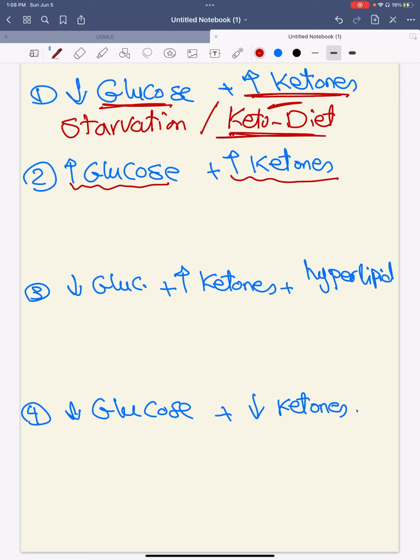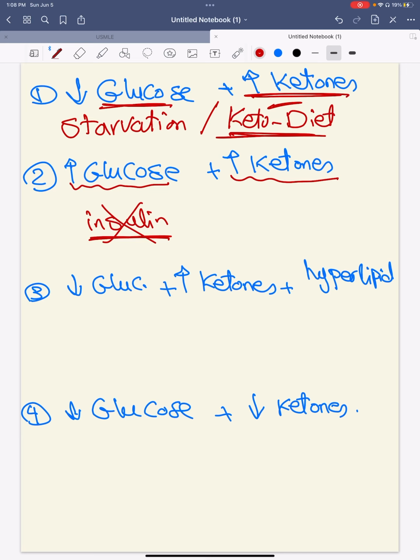Oh my God, that doesn't make sense, because it told us if you have glucose, this means you have insulin, and if you have insulin, you don't have ketones. So what happened here? Actually, the link between glucose and ketones is insulin. So if you have this link disappear,